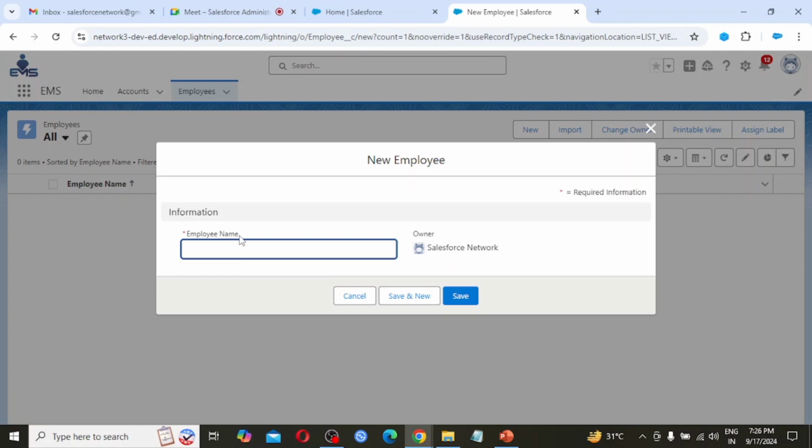When we create the custom object, we get the option of creating a name of type text or auto number. Yesterday we chose the text type, so employee name is coming. We will see why it is provided by Salesforce.